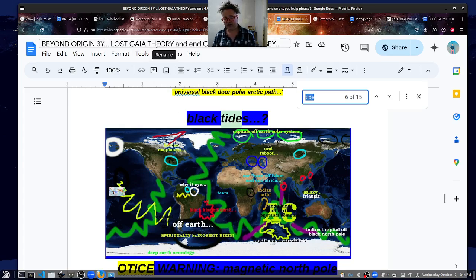So the reason it's the Lost Gaia theory is because many of these ideas have never been previously diagrammed in the history of Earth, right? So, for example, this eye here in Africa, the fact that all of Africa kind of looks like a rhinoceros or an elephant. You have little tear marks. You have kiss marks off of South America. You have even other eyes